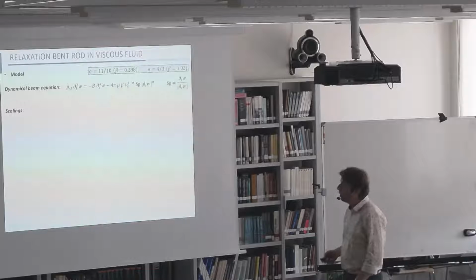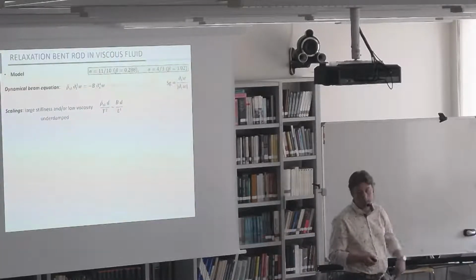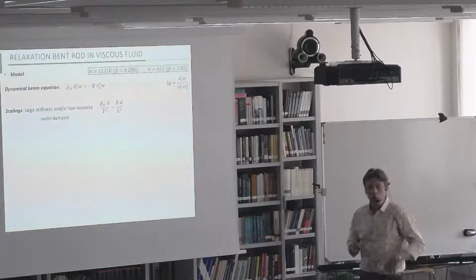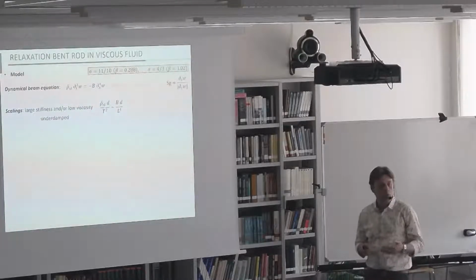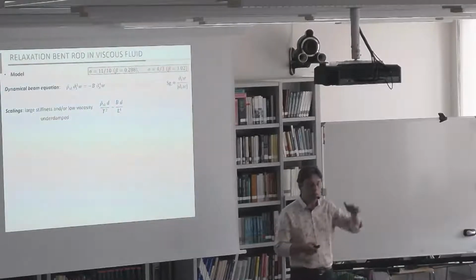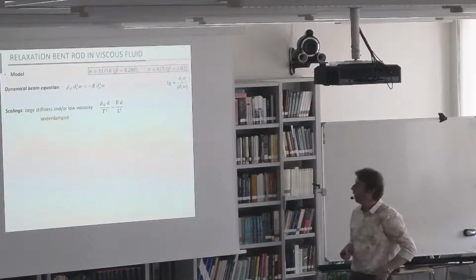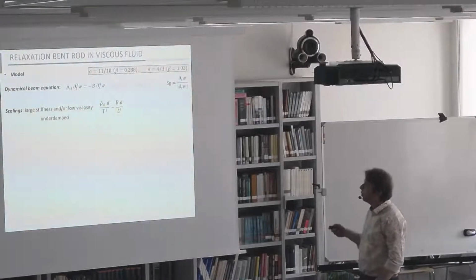So let's first look at the underdamped regime where you have oscillation. Remember that I'm interested in the crossing time, so it's related to the period of oscillation. And when you have a damping, the damping modulates the amplitude of oscillation but does not change the period of oscillation. And so in that case, you can forget about the viscous force,